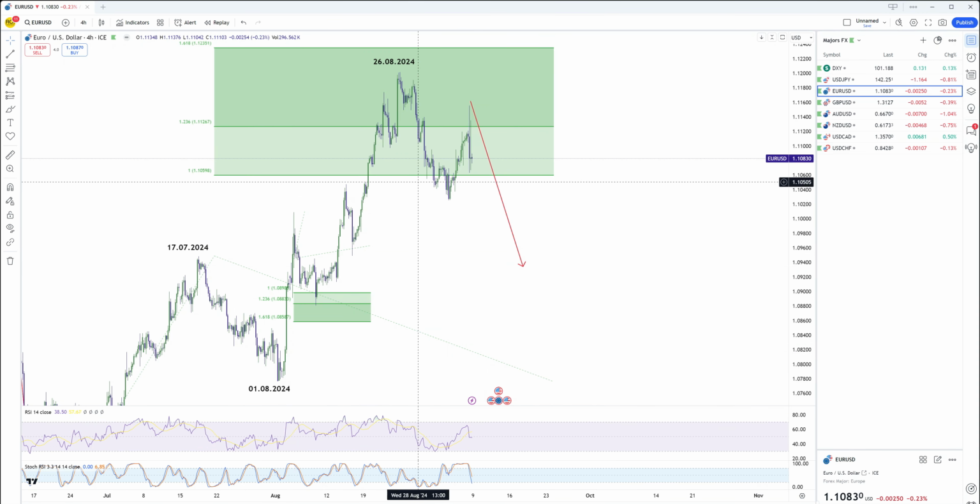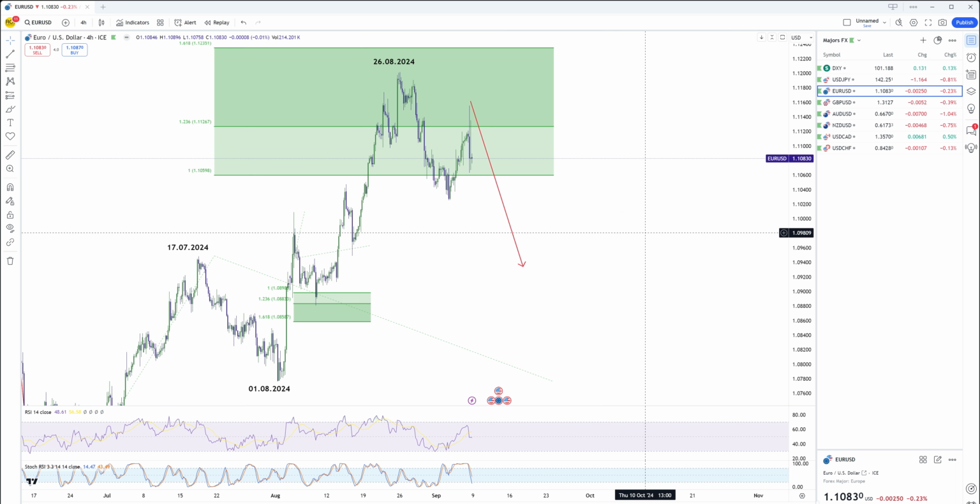Euro dollar, as we expected last week, the market provided us with a corrective bounce to the upside before it failed. And now ideally we need to have a small correction here and another move to the downside. Ideally we should be trading lower to the 109 400 to 200 area or so within the coming week. The next move for the euro as well is for the downside to make sense with the expected dollar bounce to the upside that we are expecting. So if we are going to look for any trades in the euro, it's only to the downside for the time being.